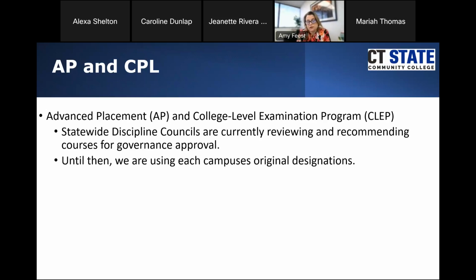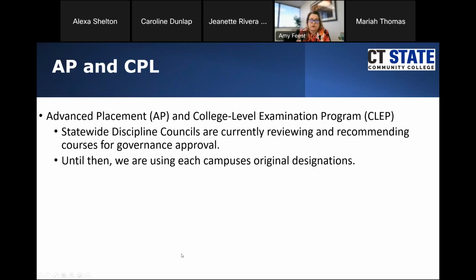Just one other piece of clarity for those of you who may have known this: about 2 or 3 years ago, the CSCU system had required that all advanced placement scores with a 3 or higher have some type of an equivalency so that students would receive credit for those scores. So we are anticipating that everything offered through the advanced placement process will have some type of an equivalency in CT State at 3 or above for all students to really give the maximum ability for students